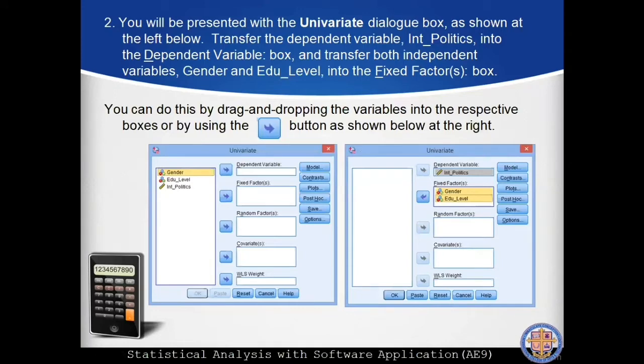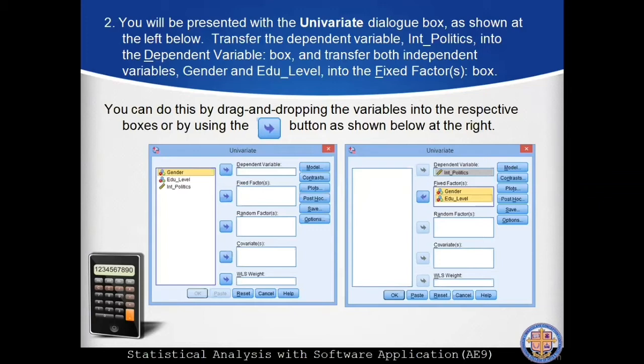In our dialog box, you can see at the left side our variables, which are gender, educational level, interest in politics. Then, input the interest in politics in our DV, dependent variable, in the dialog box at the right side. Then, you will input the IVs or independent variables in our fixed factors,